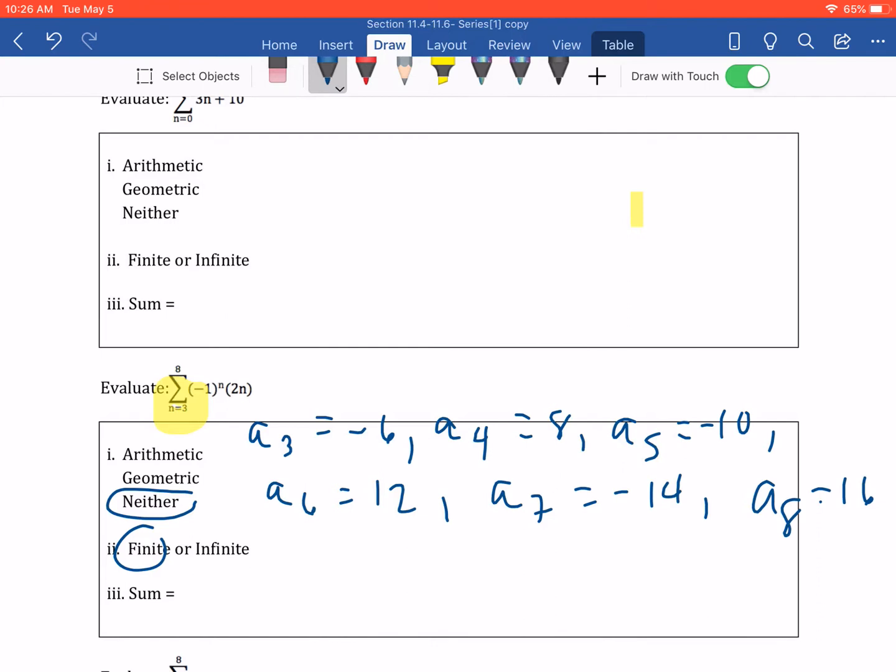And so all of the ones we're dealing with are finite. And so if I would add these numbers up, negative 6 plus 8 plus a negative 10 plus 12 plus negative 14 plus positive 16, I will end up with a positive 6. And that's all I need to do when there is